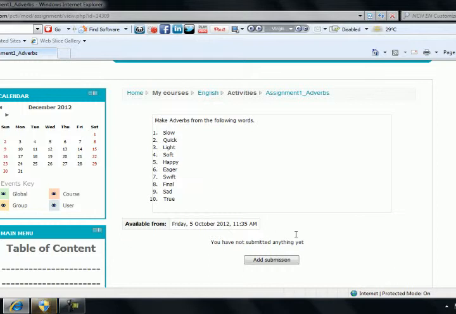Now for all your correct answers, you are required to click Add Submission icon. Now the answer, they could be texted online on this screen. So this is an online submission of the test. Again, the screen could be exited by clicking on the course name icon.